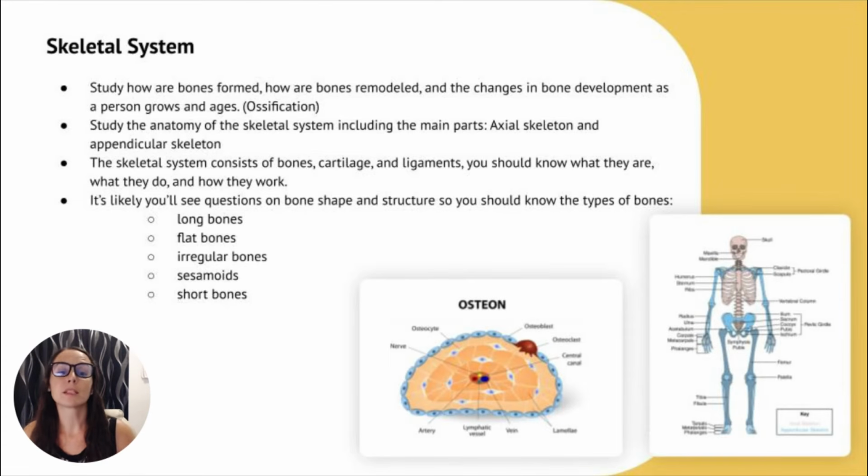You need to know that it consists of 2 main divisions: the axial skeleton and the appendicular skeleton. The axial skeleton includes the skull, sternum, rib cage, and vertebral column. On the other hand, the appendicular skeleton comprises the upper and lower extremities. The skeletal system consists of bones, cartilage, and ligaments, and you should know what they are, what they do,